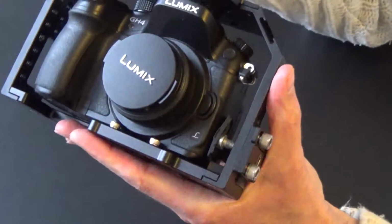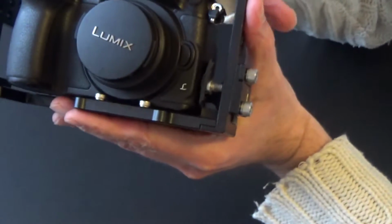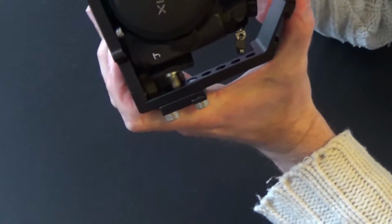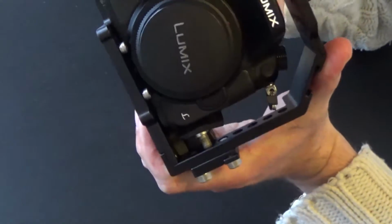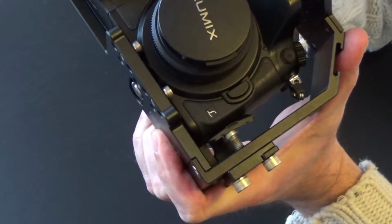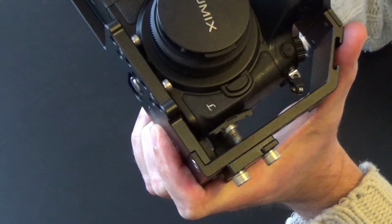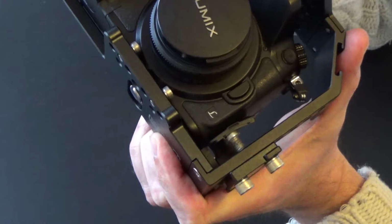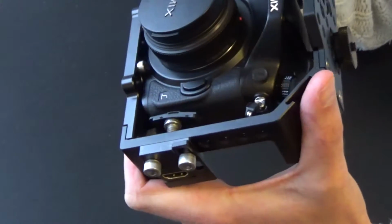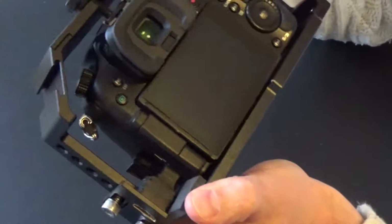But first of all, you put in this extra screw here. It is in the second hole from the bottom. You put it in on the inside, and I'm using it to keep this rubber door open. Otherwise, I was afraid that it would still push against the HDMI converter and create some strain that you don't want. So you put in this screw, you slide your camera into the cage,